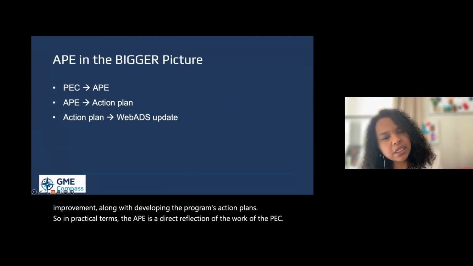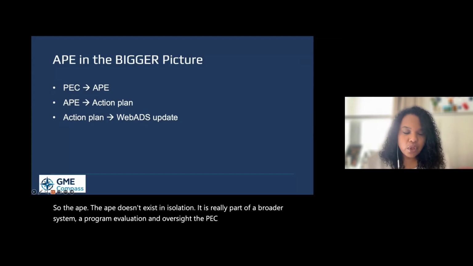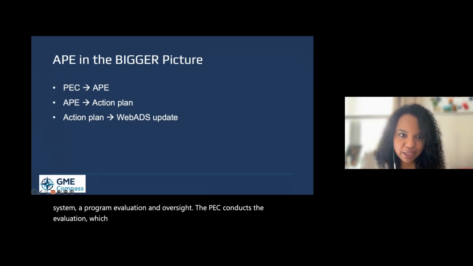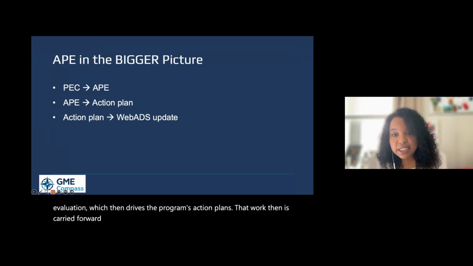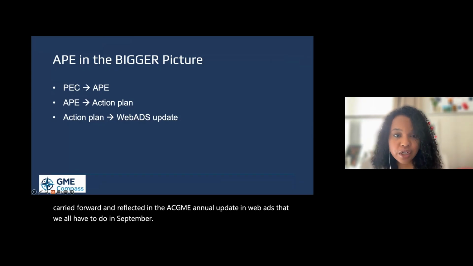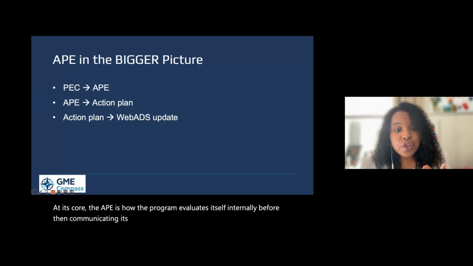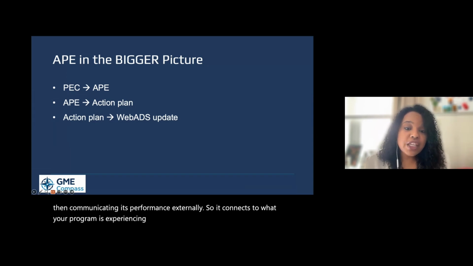So the APE doesn't exist in isolation. It is really part of a broader system of program evaluation and oversight. The PEC conducts the evaluation, which then drives the program's action plans. That work is then carried forward and reflected in the ACGME annual update and WebADS that we all have to do in September. At its core, the APE is how the program evaluates itself internally before then communicating its performance externally. So it connects to what your program is experiencing every day and how that story is ultimately reported